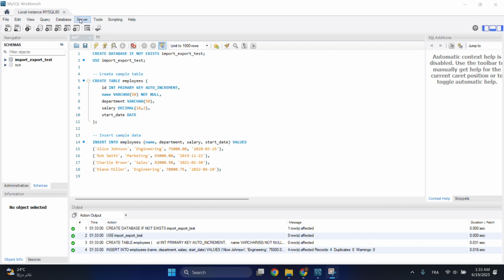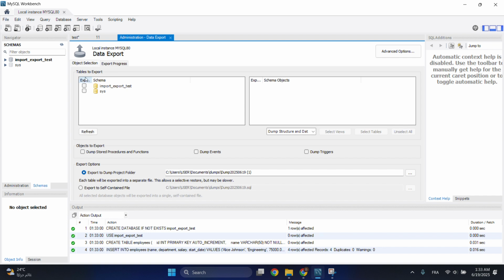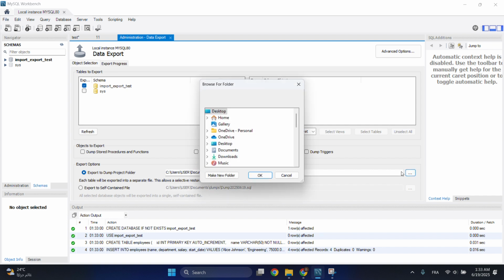We will start by clicking on the server. We will export our data first. Click on data export. Choose the table or the database that you want to export, and then go here just to change the location of where you want it to be exported. I want it to be my desktop, or let's change it. For example, I want it to be in my downloads. Click on OK,